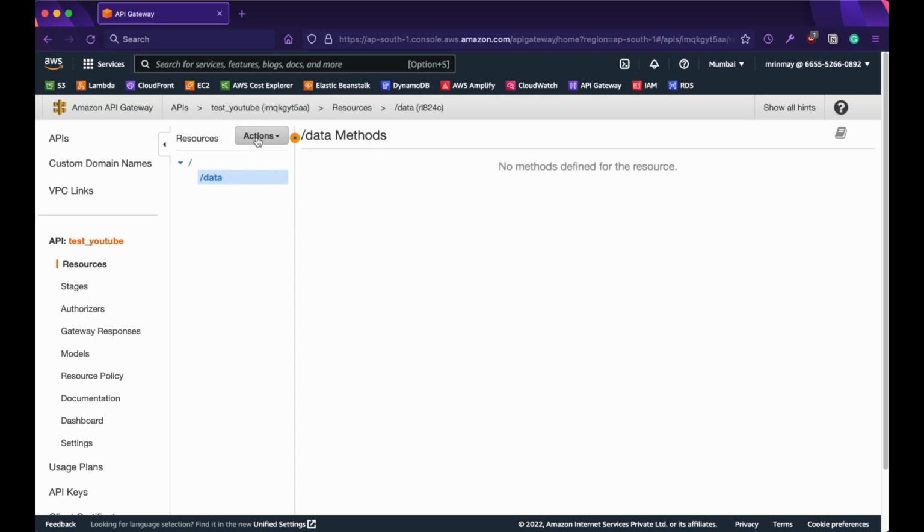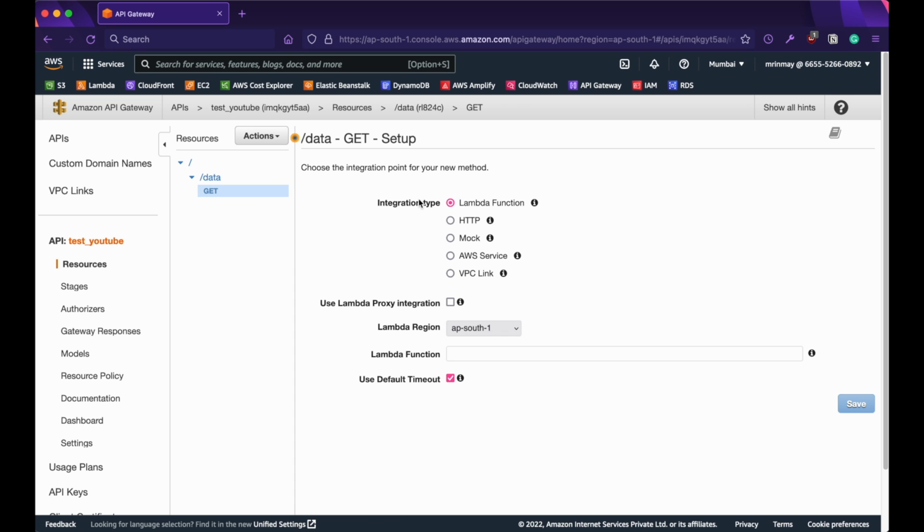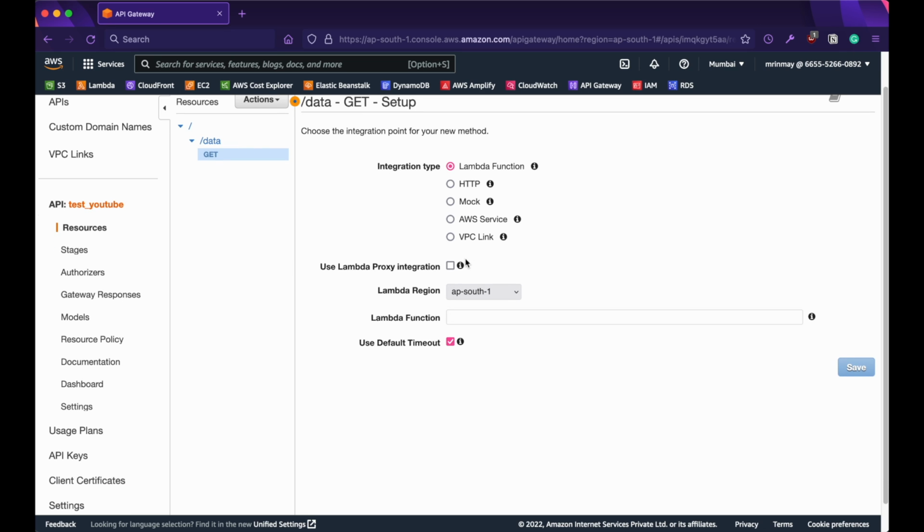So now in this we will create a method. We will be creating a GET method, and the integration type will be Lambda function, because we want to tie this API Gateway to the Lambda function. As I said in my previous video as well,